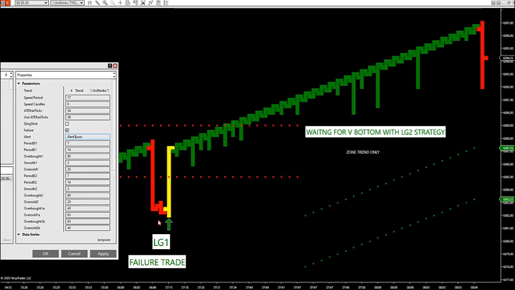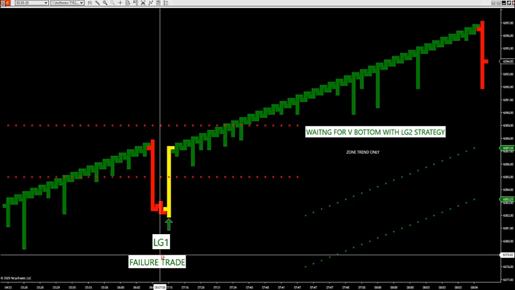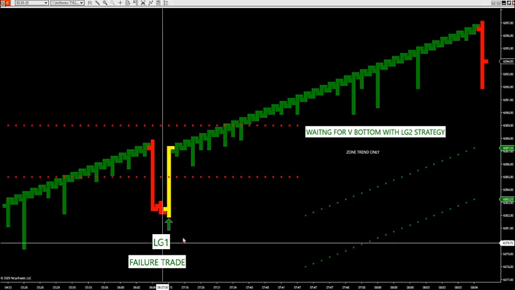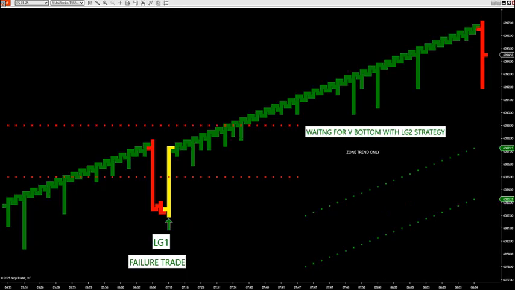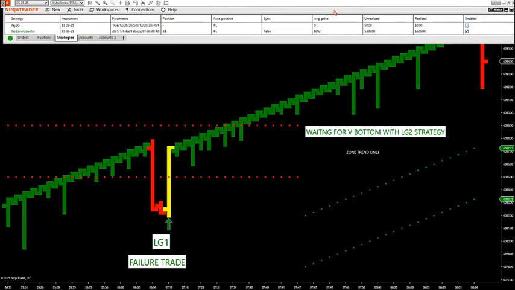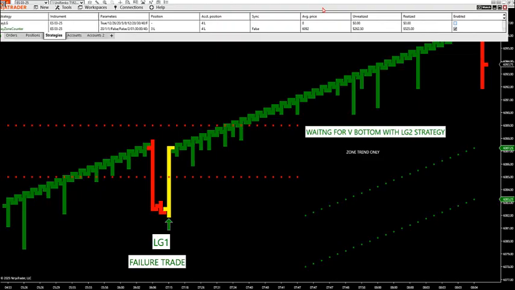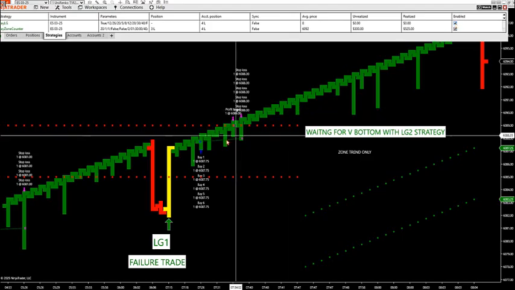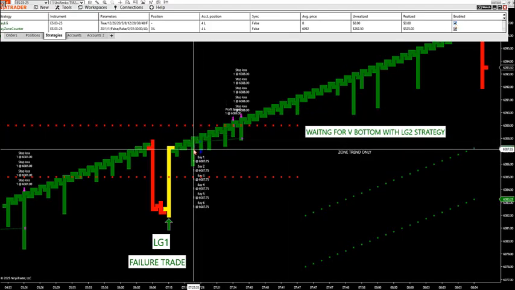So when that comes up, that yellow candle comes up, you can turn on your LG1 to get the first liquidity grab, which is here. So you'd simply just turn it on. It's a matter of just clicking it on. So what you would do is you would turn it on right here, click it on, enable, click, and it's going to take the first liquidity grab